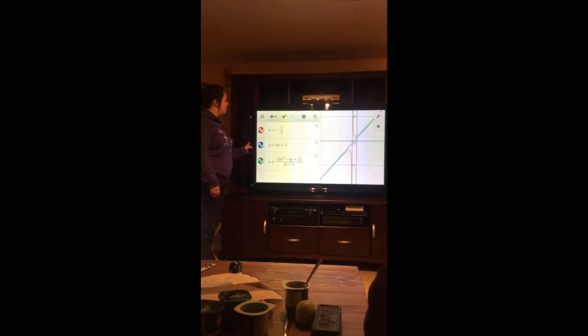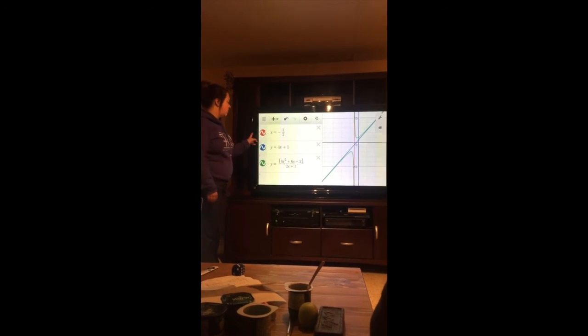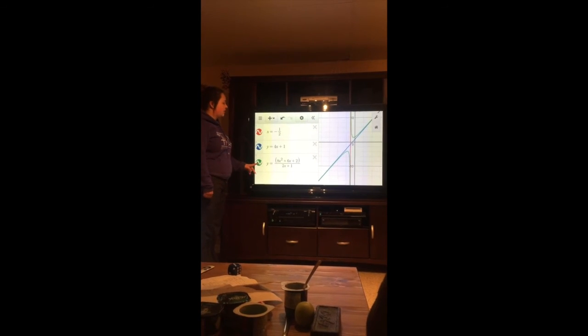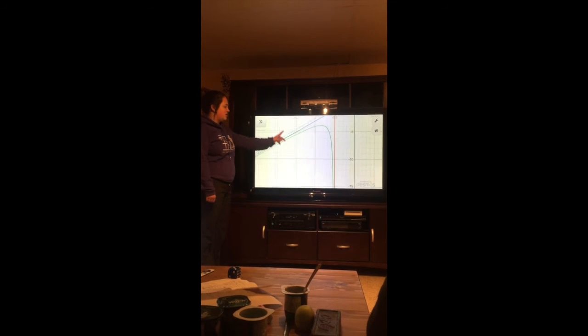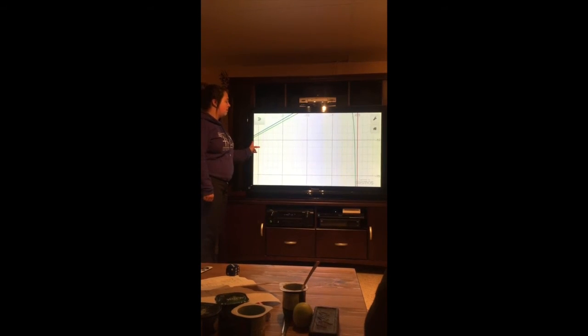Alright, so this is our graph. The red line is our vertical asymptote, the blue is the oblique, and the green is our rational function. So as you can see, this is our rational, and it's slowly coming down and approaching, but